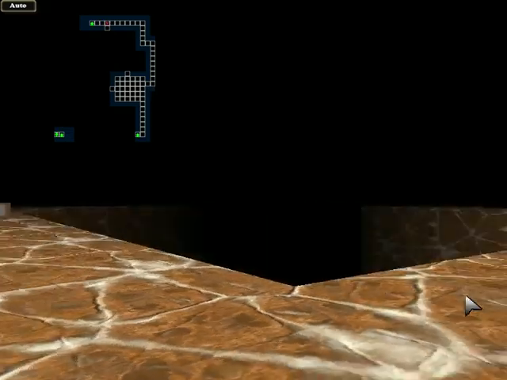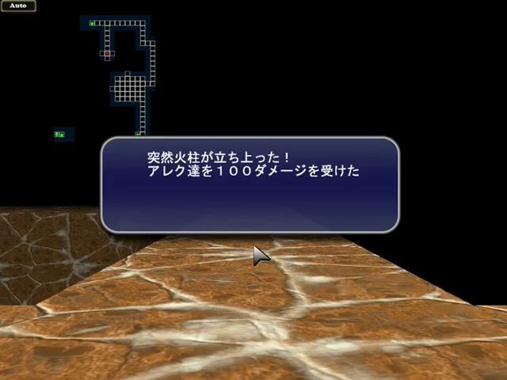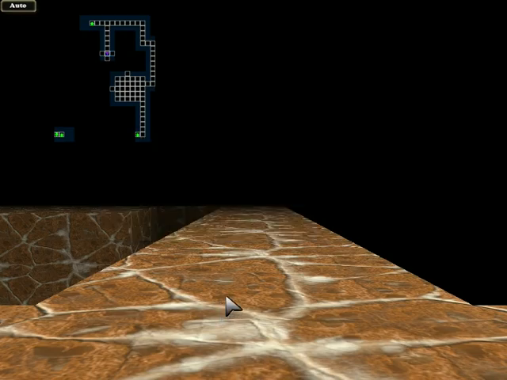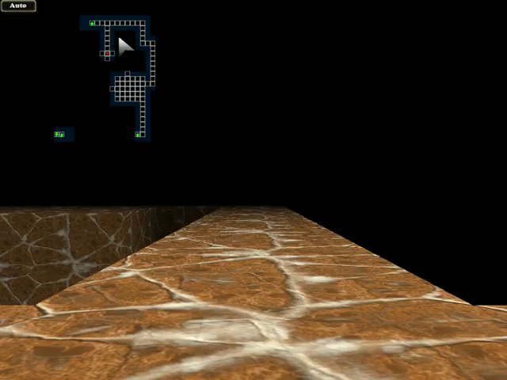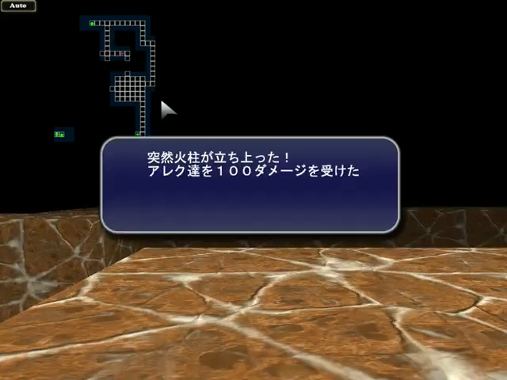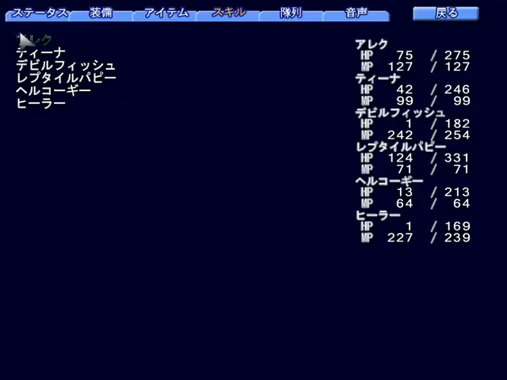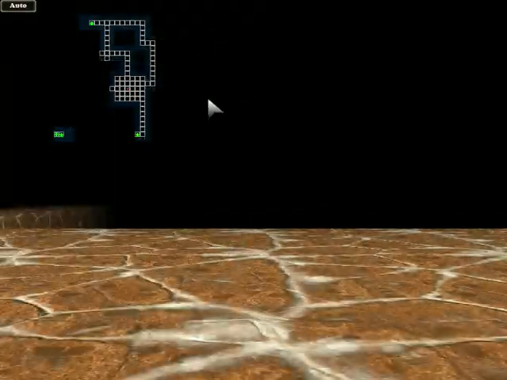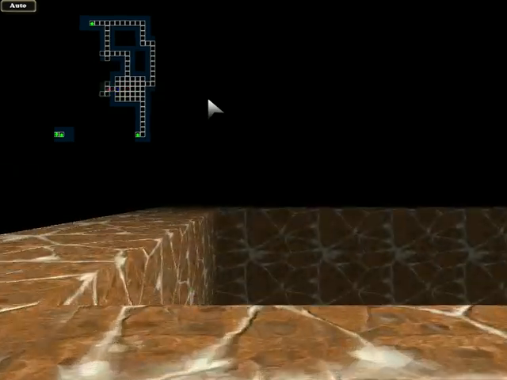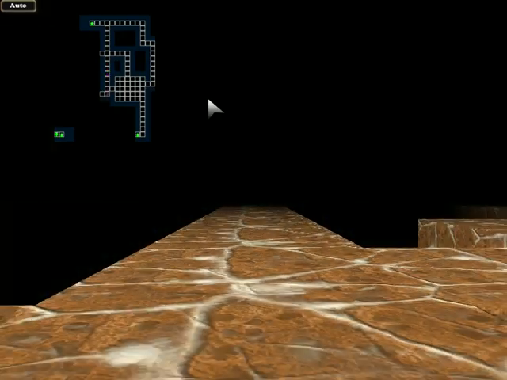I never did finish exploring this floor because of the traps, so I'm kind of curious what those do. Or... yeah. Okay, some kind of sudden fire pillar, 100 damage to the party. So yeah, you wouldn't want to just wander around here blindly. But I am curious about filling up the map. There's another 100 damage to the party. And another. I think the only reason to wander around here is for map completion. Which doesn't really do you any good, but...